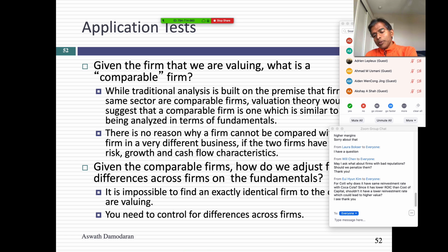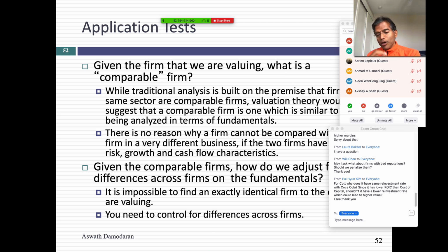And I'll tell you where it plays out. If I ask you to price Microsoft and you pull up other software companies, what other software company in the world is even remotely like Microsoft? Maybe to price Microsoft, I should be looking at other companies that dominate their businesses, have huge margins and lots of cash flows, which might be companies in 5 other businesses. So maybe we need to start to rethink what we mean by comparable.